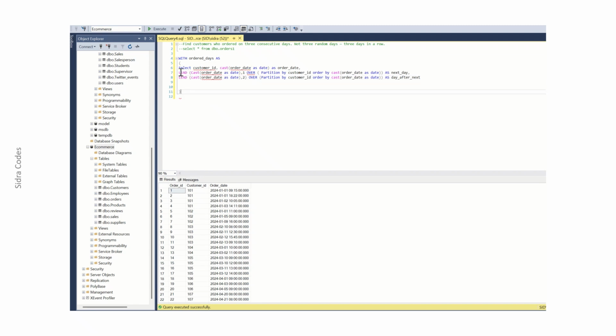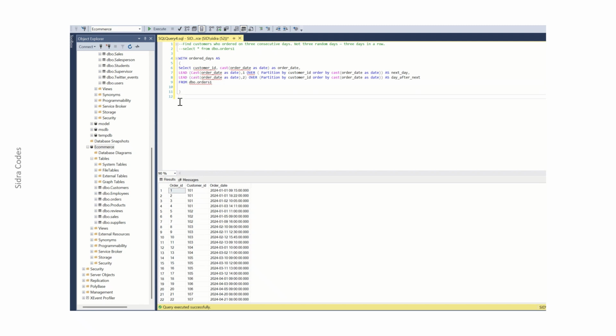We still have to finish this statement. From where are you gonna get it? From the table that we created. So orders 1, if you remember, we created this table. Okay, and close parentheses. You have now created your common table expression, the temporary table, from which we will then